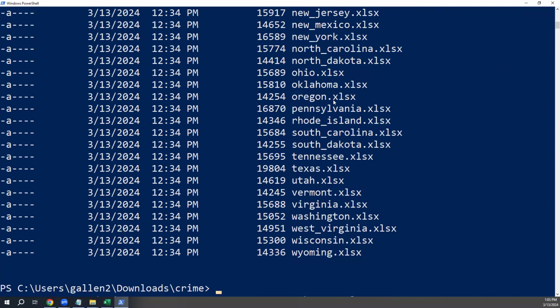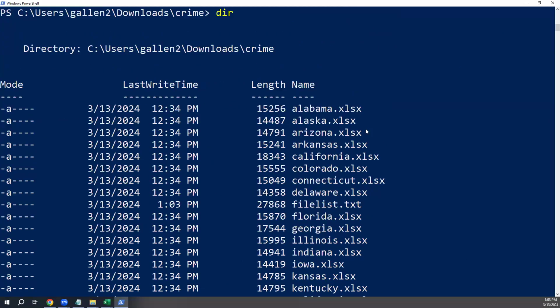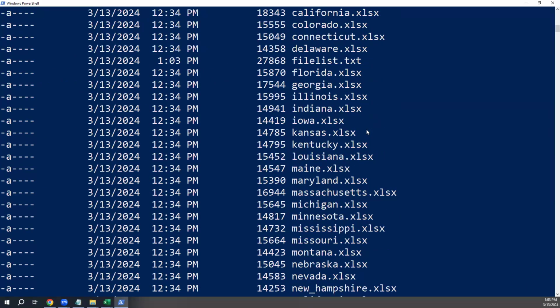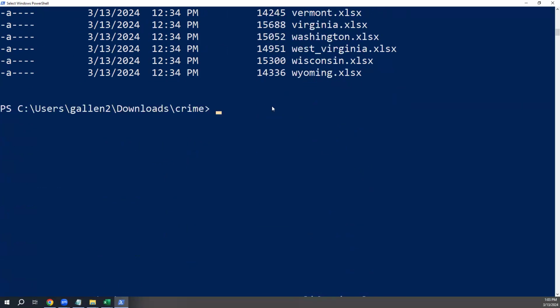So let me just make another file here that's not xlsx. Okay, so I should have something called file list. Yeah, here it is. File list.txt is now in here. And I don't really want to see that one. That's not one that I want to process. I only want to process ones that end in xlsx. Well, I can do a directory for a specific file,